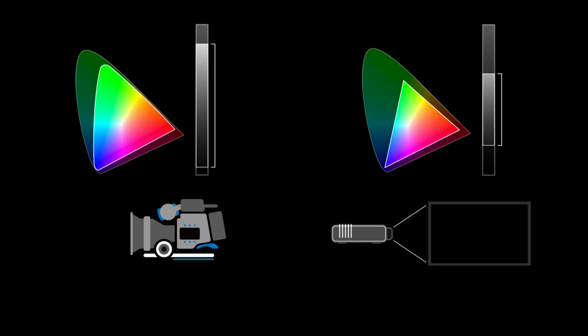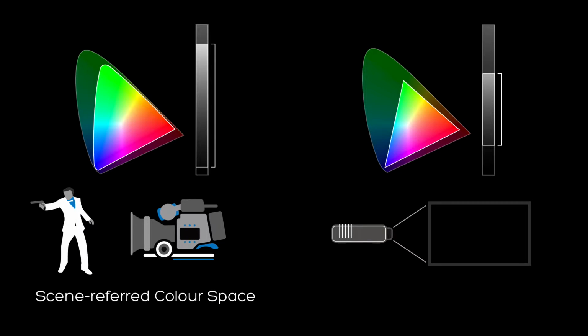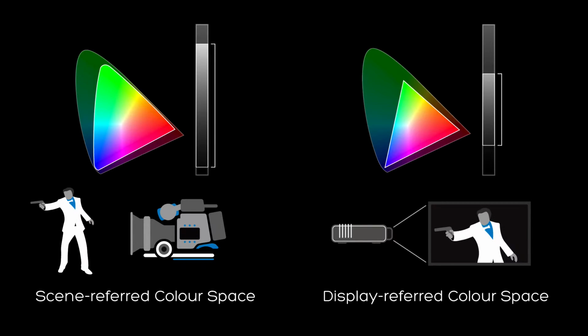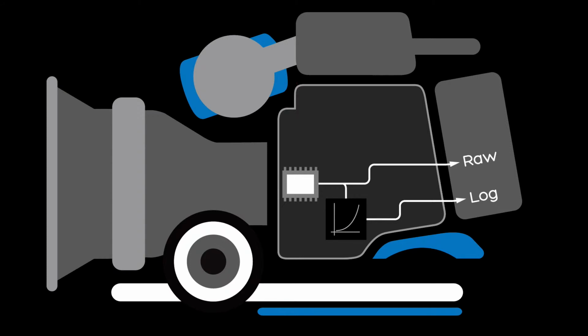We refer to these two types of color space as scene-referred and display-referred spaces, respectively. Most professional digital cameras provide an option to record their images either in a RAW form, storing data directly from the sensor, or in some kind of logarithmically encoded format. Alternatively, the images could be converted internally within the camera's electronics into a color space which can be viewed directly on a TV monitor and recorded in that format instead.